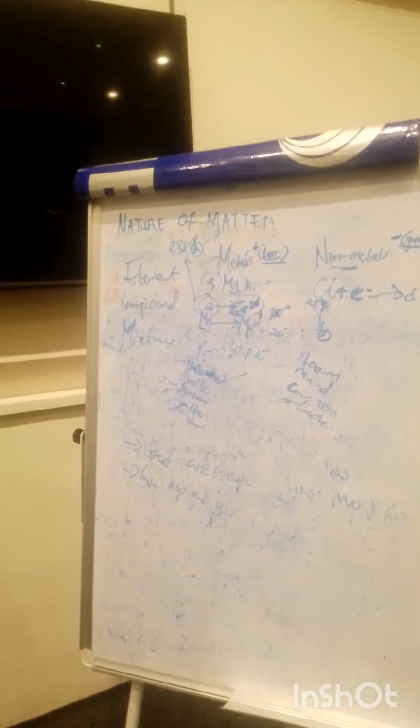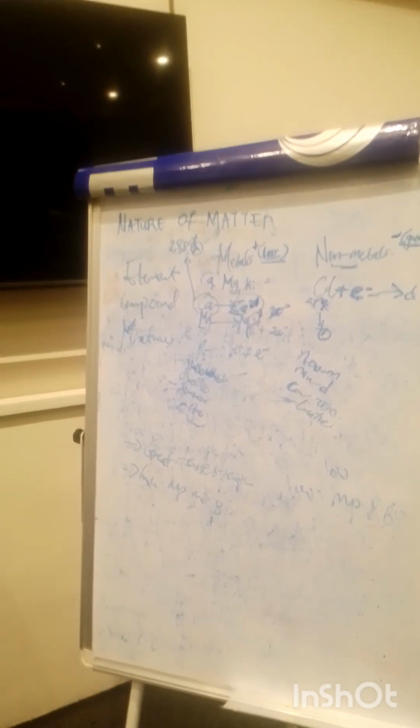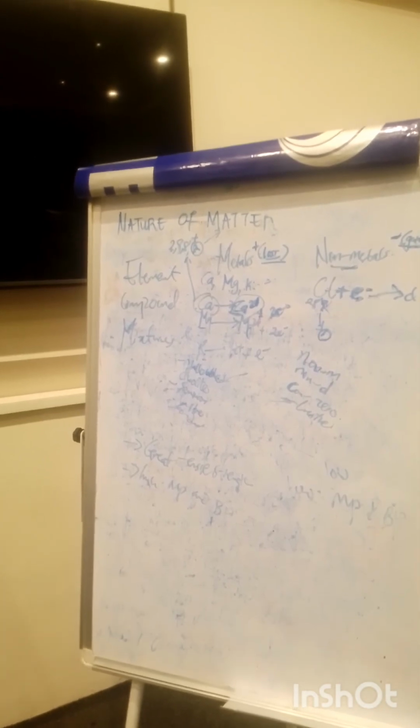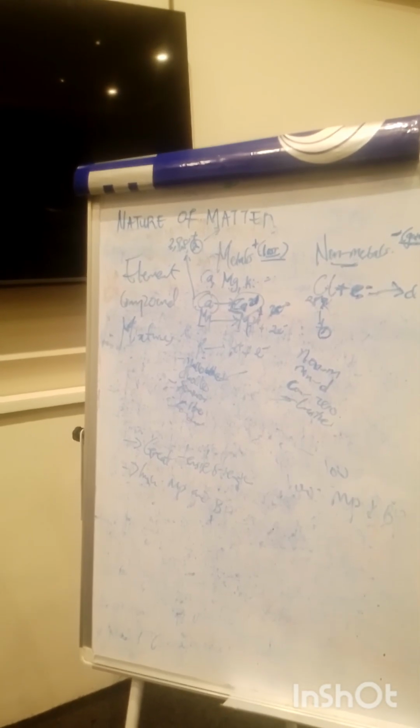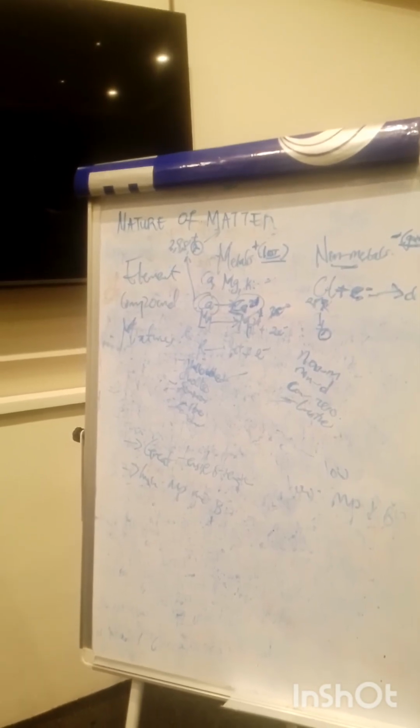So alright, I think that's that about our elements. We've talked about our elements, how they are grouped in the periodic table, the types of elements we have, then metals and non-metals. Let's journey further.